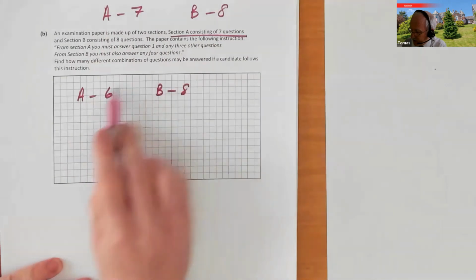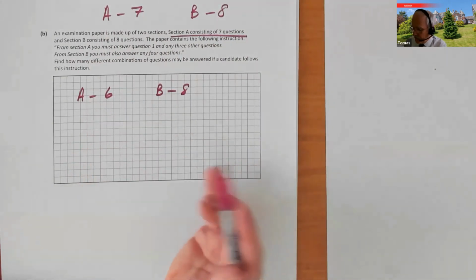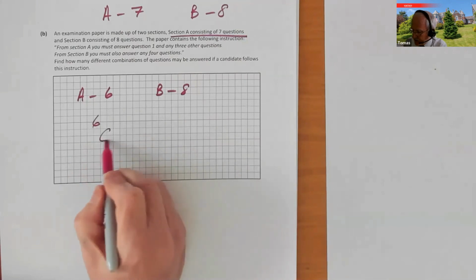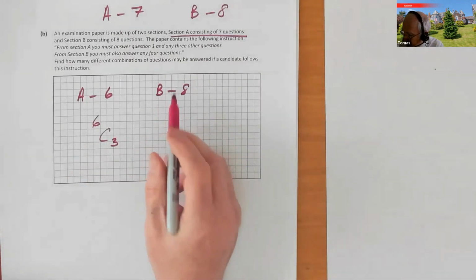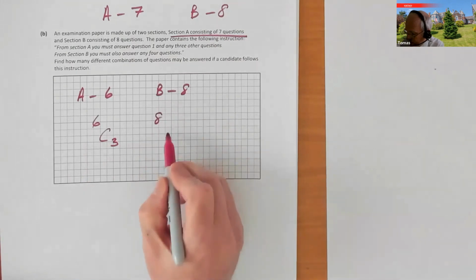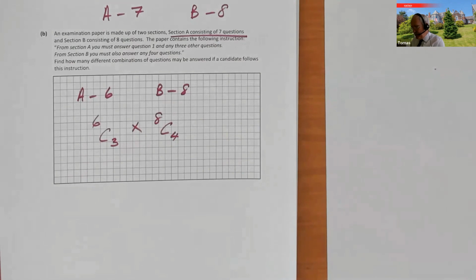How many ways can you answer 3 from section A? The order doesn't matter. There are 6, you want 3. In here, I think you've got to answer 4 questions from part B. 8 questions, you've got to answer 4, multiply. So,